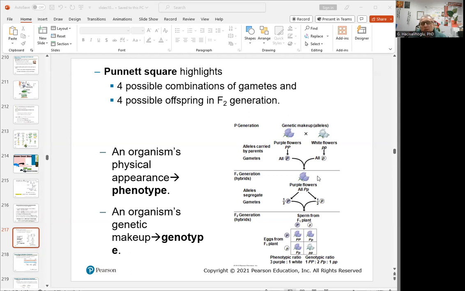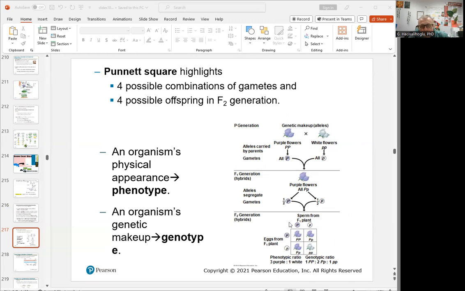Okay, so big letter is different than little letter in genetics. So parent one is big P, the gamete will be just big P. The parent two is little p, gamete will be little p. If you cross them, F1 will be big P, little p. And if you cross this with another F1, now it's getting a little too many offspring, so we need to